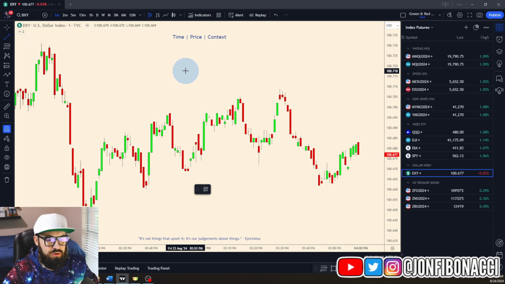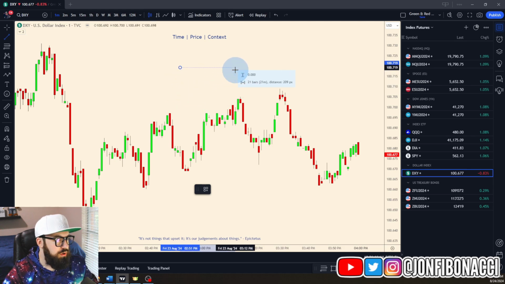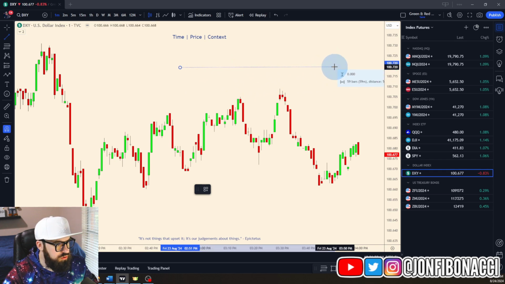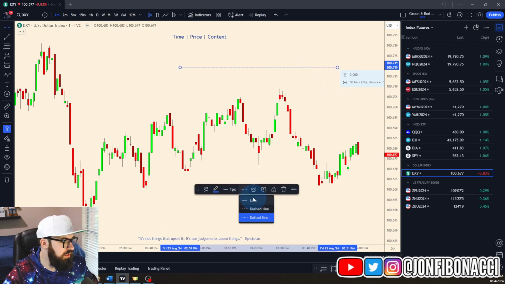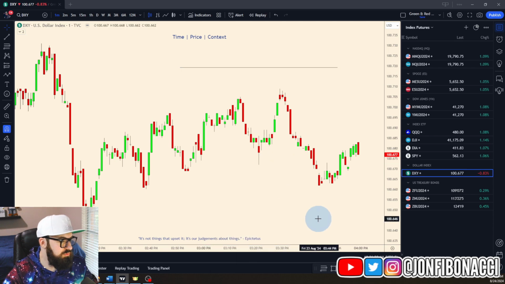If you press and hold the shift key, if you have your line, and then you press and hold shift, that will draw a straight line for you, either a vertical line, or a 45-degree angle. If I'm trying to draw a horizontal line, just press and hold shift, and it'll do that for you. It's one of the best shortcut keys in my opinion, especially if you're new to this